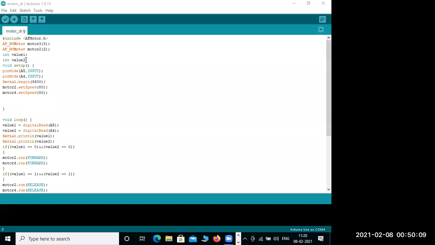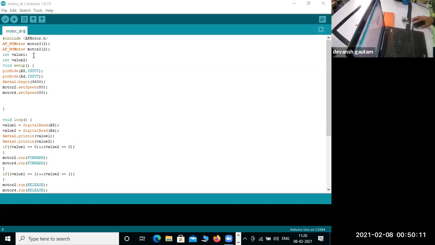So we are done with our variables. We have taken the motors. We can control the motor by this, and we can control the sensor by it. In void setup, we are setting up everything. Setting up is like when you are going on a trip to your relatives' homes: you set up everything, you set up your bag, and you put everything inside. In the same way, void setup works.